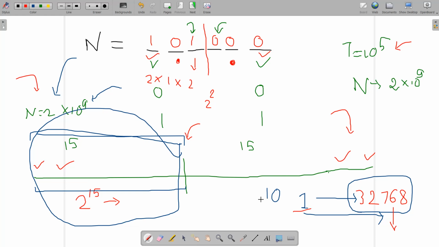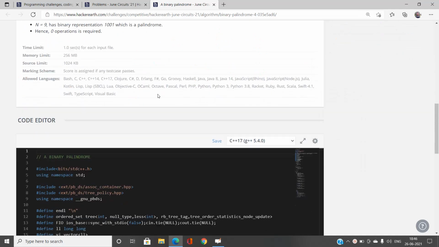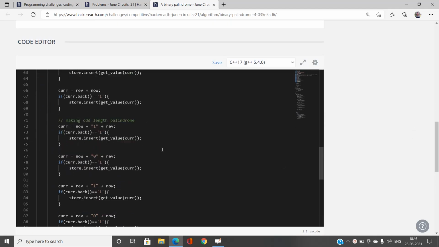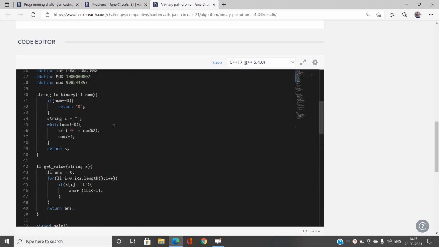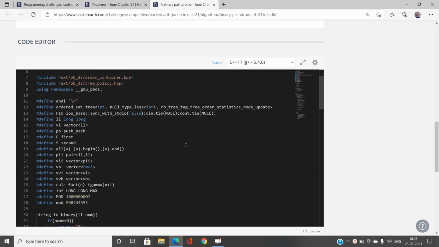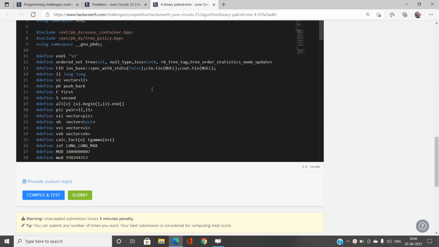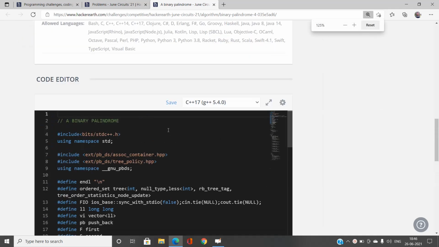And I will just store that palindrome, and this storing of a palindrome is going to help us. Okay, so let me do one thing. Let's say we have some number like right now. You can see I have just done some brute force. I will explain it in more detail while explaining the code. So let's try to understand the code first. Let me zoom it out again, so not zooming it too large.